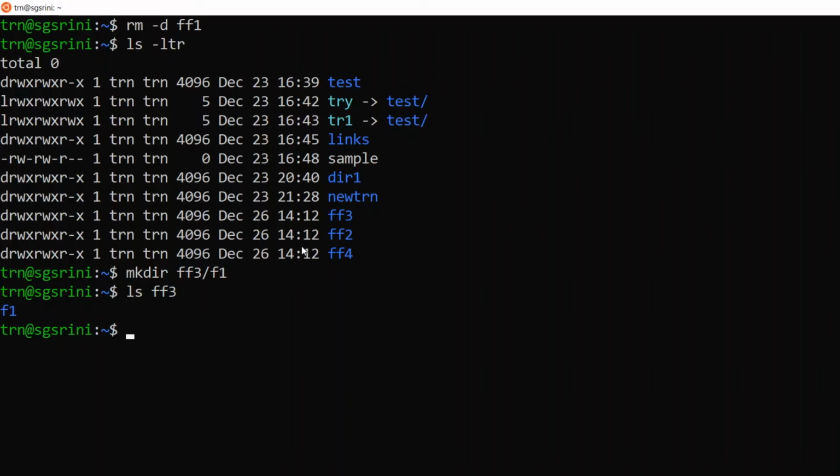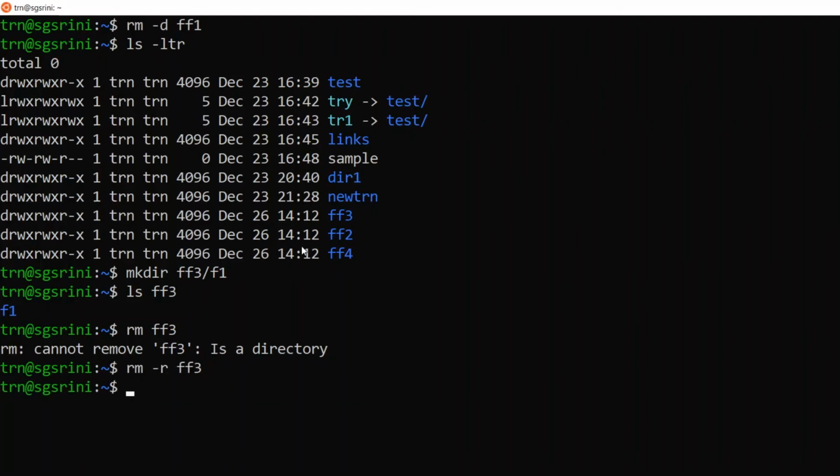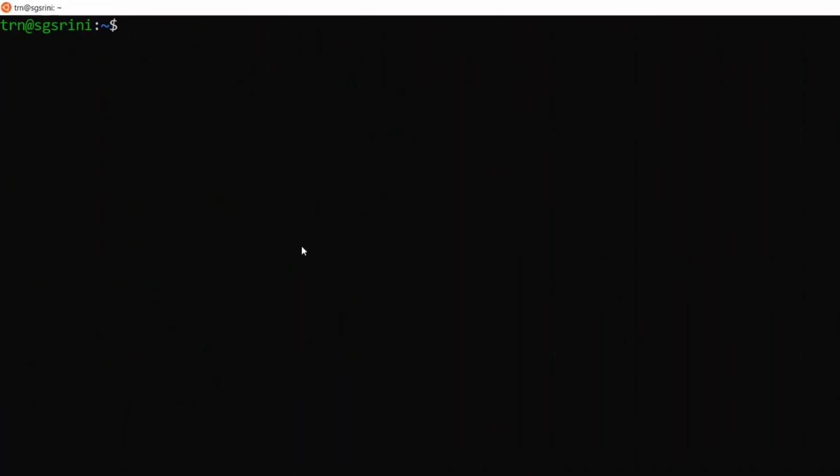Let me see what happens when I just give rm ff3. It says that it is a directory. We cannot delete it by giving this. So what I can do is recursively delete this folder. It has allowed me to recursively remove the ff3 folder. That is, the folder inside ff3 gets deleted.